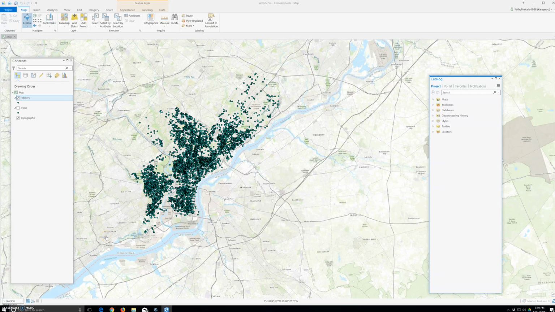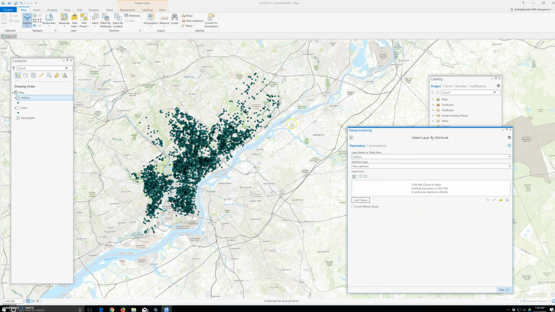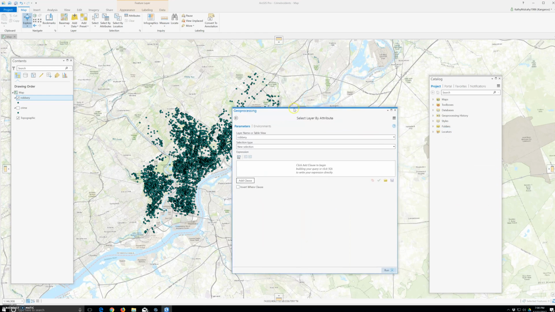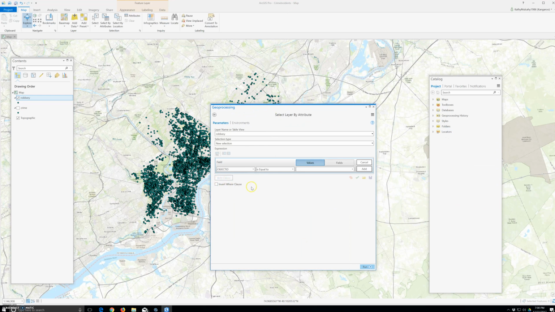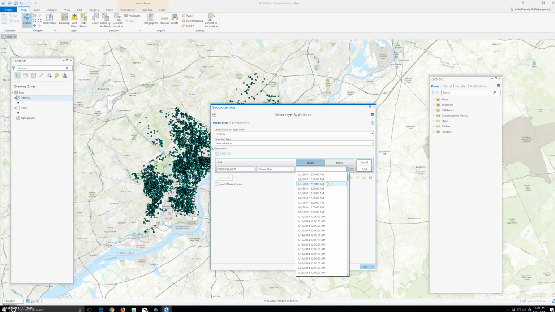We're going to do a select by attribute again, and then we will have probably a new selection, but our add clause will be the dispatch date is on or after... let's just do one. Dispatch date is on or after